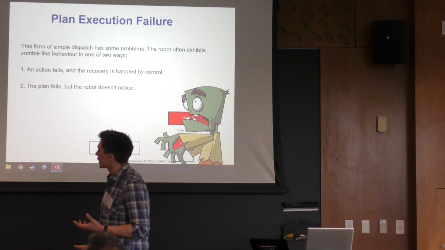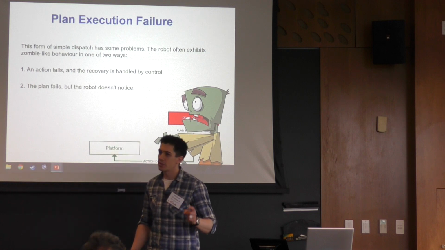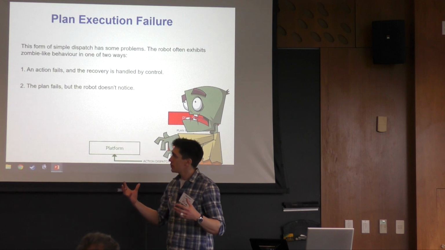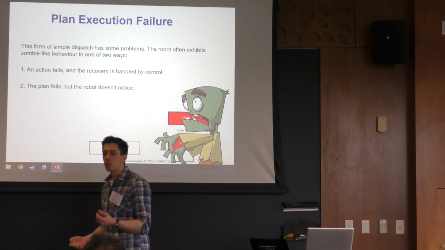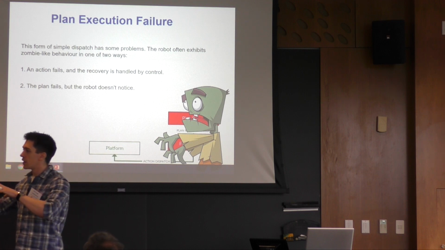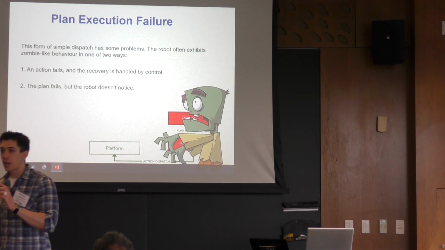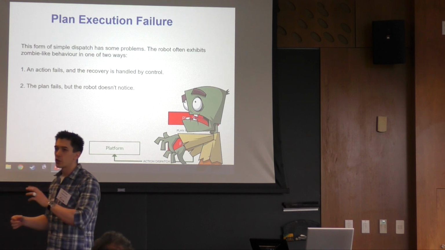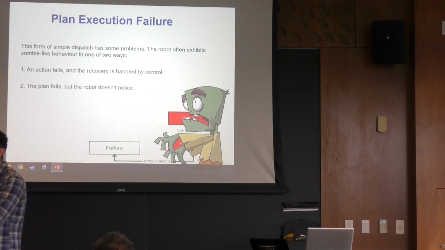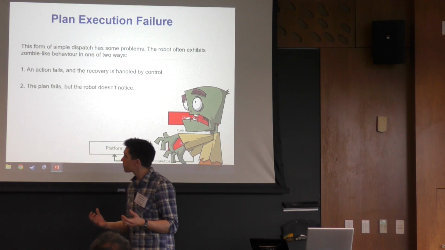The first reason that can happen is that an action fails and the recovery is handled by the control, which, I mean, you do want a nice, robust control. The issue there is that when we're modeling the PDDL domain, normally we model the action, precondition, and postcondition and duration in a way that represents what happens when the action succeeds. Like, this is what the action does. When the action fails, or begins to fail and control has to perform some kind of recovery procedure, then the behavior of the robot is no longer what was modeled in the PDDL domain, and all sorts of strange things can happen.